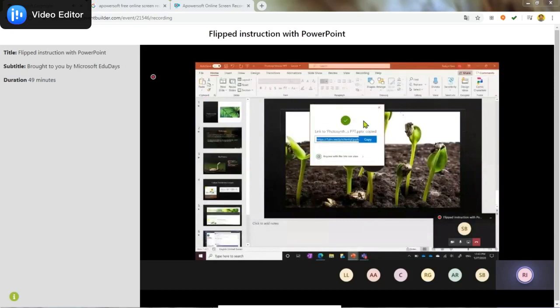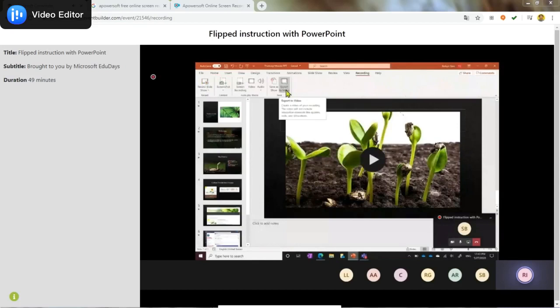First, you can export it as a video. Once it's a video file, you can upload it to Stream, get an automatically generated transcript for it, and then share that Stream link out with your students. Additionally, you could upload this PowerPoint file to the class materials folder in Teams. And finally, you could also generate a share link, where you can share it as view only.